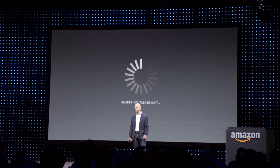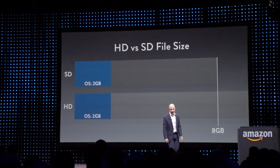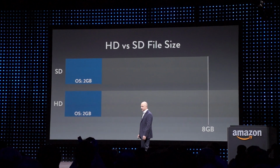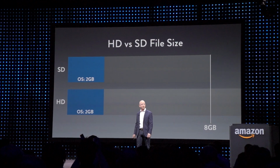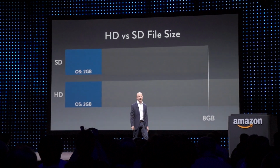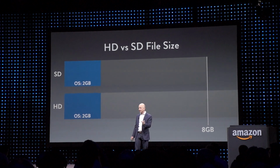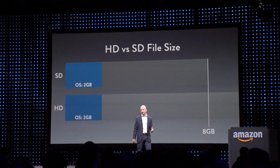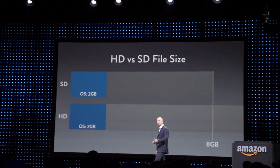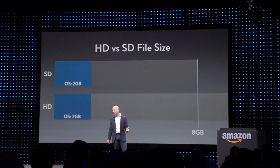There's another thing you got to keep in balance on your HD tablet, and that's local storage. Super important. And the question we asked ourselves is, what's the right amount of local storage for an HD tablet? Keep in mind that the operating system takes up at least 2 gigabytes of whatever local storage you have, sometimes more. So you're not really starting with 8 gigabytes. You're starting with 6 gigabytes or less,